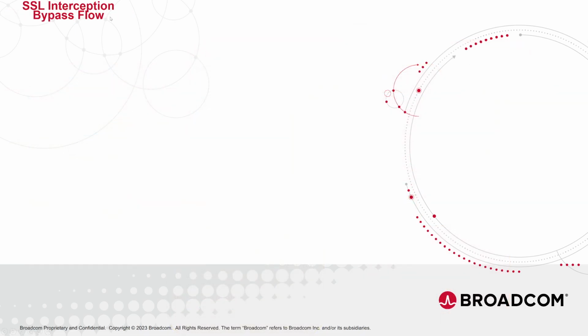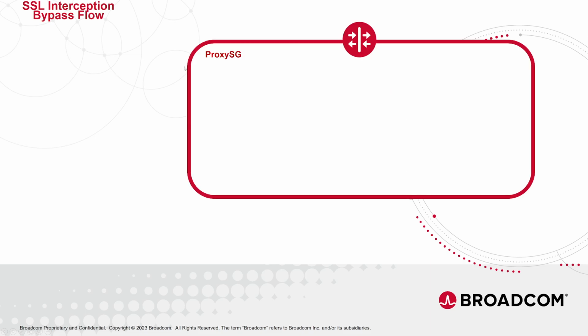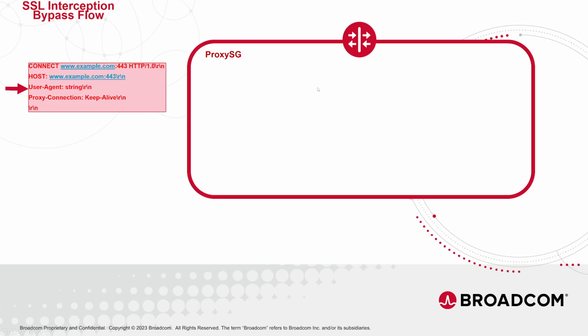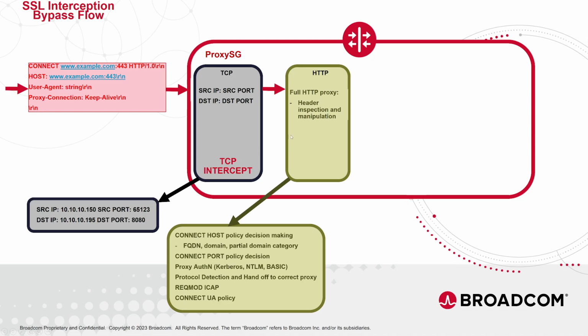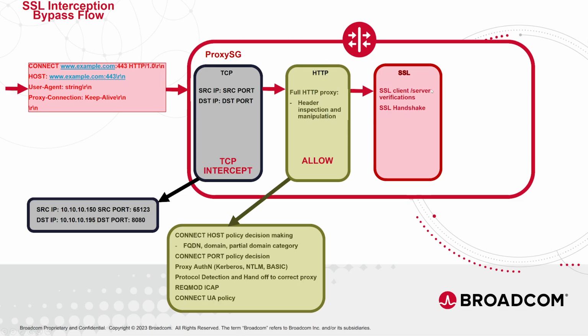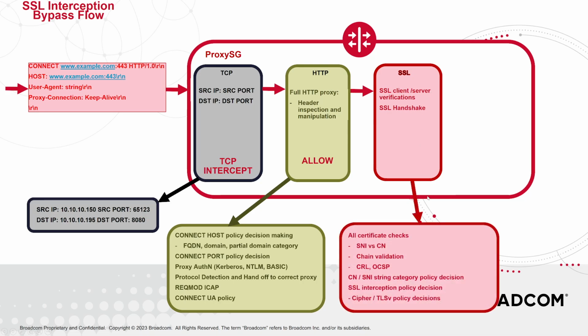Now, let's look into SSL interception bypass and what that looks like. So again, we got our proxy. We get the same connect as before. There's nothing different. Again, it's the TCP proxy. Everything is the same here. We TCP intercepted, and it goes to HTTP proxy because it's a connect. We allow the connect, goes to SSL proxy, and this is where we now hit the